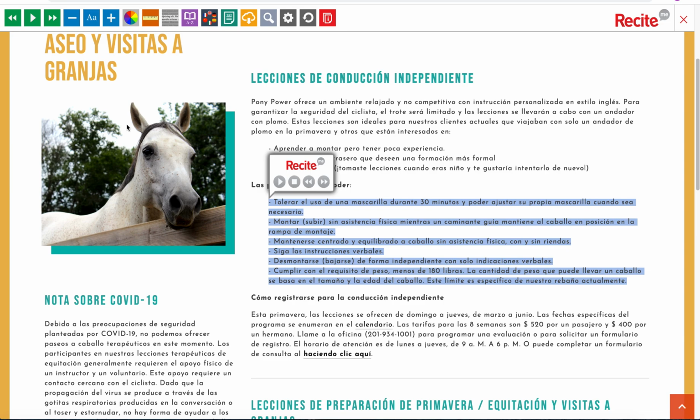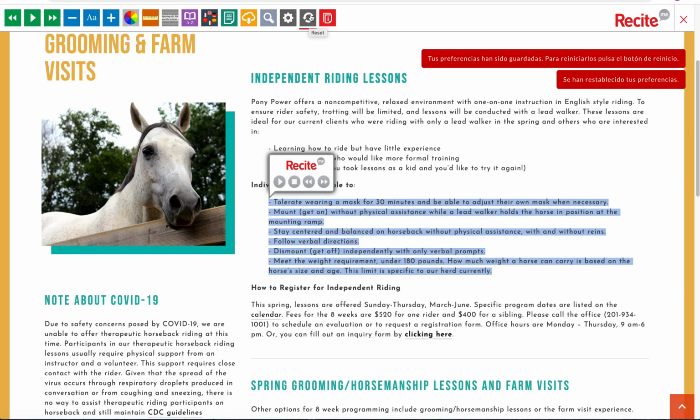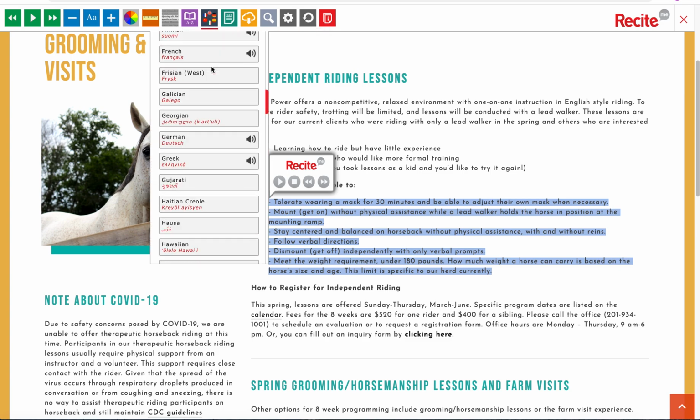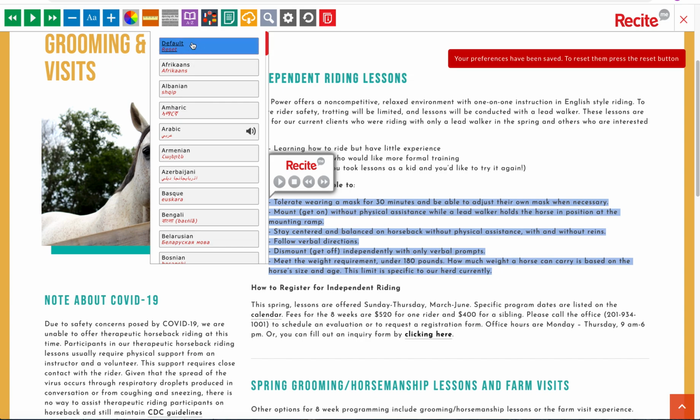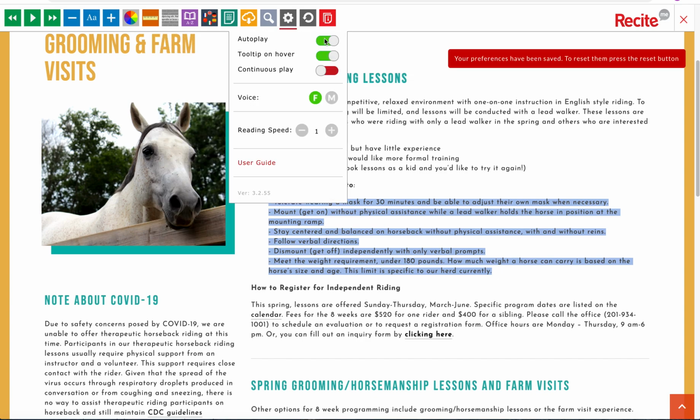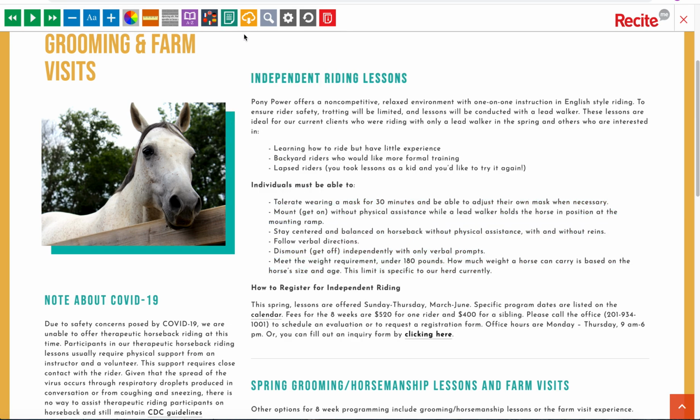I'm going to stop that. And so again, I'm going to reset my settings. It's still in Spanish, so I'm going to go back and set it back to default, which is English. And I'm going to turn off that autoplay in Tooltip so that we don't have the screen reader on. This next function